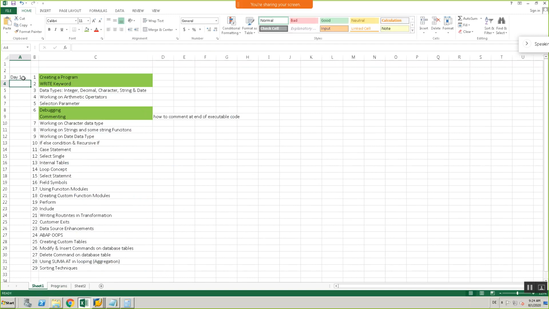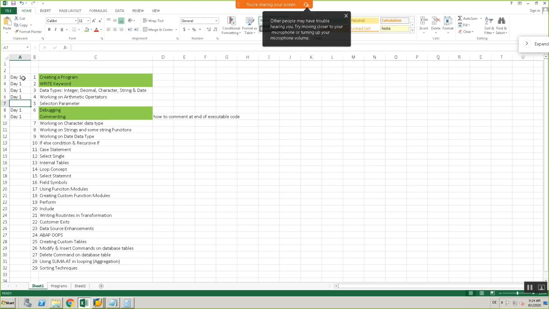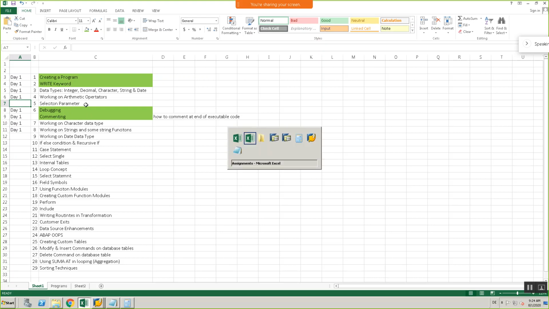So on day 1 session I covered all this. Data types are not yet covered, and we will cover them in the coming session. So all this covered working on character data types and string functions. Now on all these, we will do some exercises.